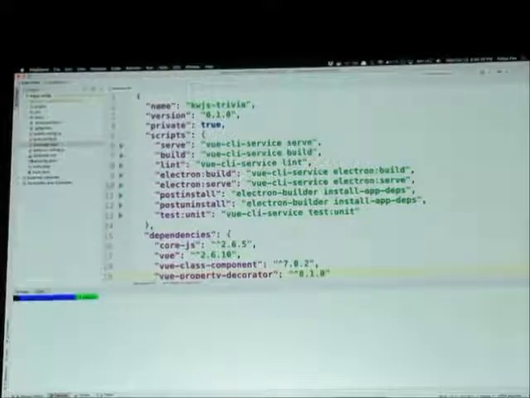So just a personal preference. This is not actually necessary for this talk, but I really prefer to use double quotes on my thing. And